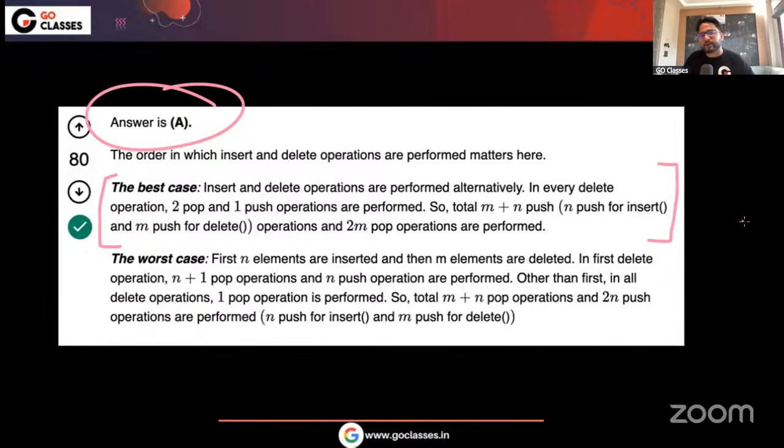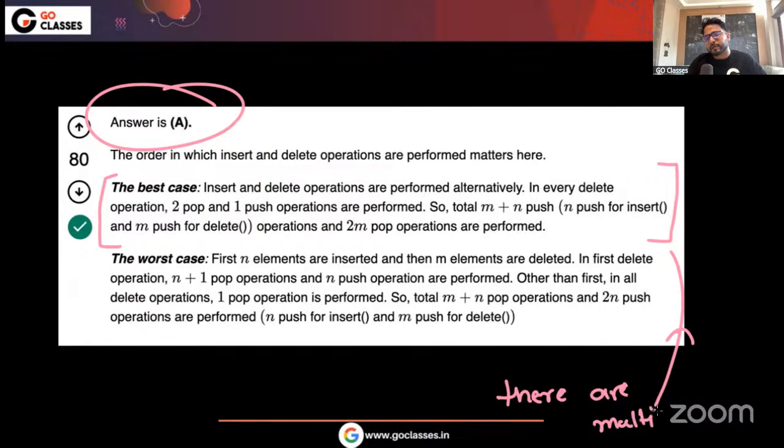You just need to make sure that all the elements of S2 should be not more than 5m. I mean, only whatever you want to DQ should be transferred into S2. So you can say this is not only the best sequence. There are multiple best sequences. In fact, there could be a question of how many best sequences there are. Similarly, there are multiple worst sequences.